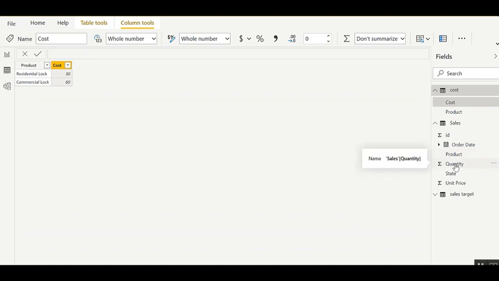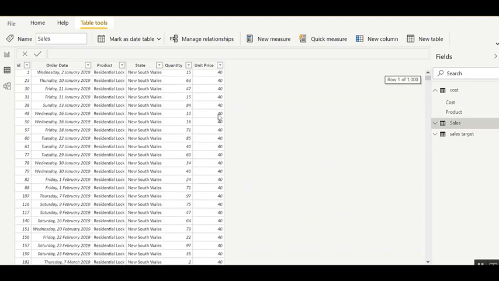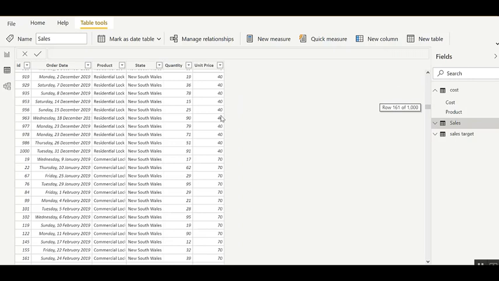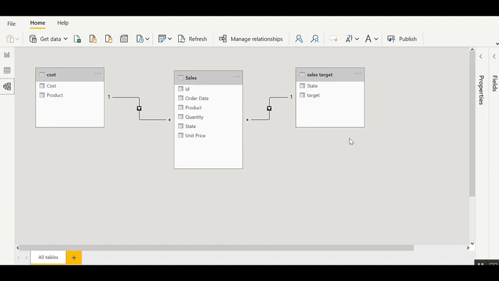Price might change, but usually cost doesn't change much. Then if we have it in a separate table, we don't need to repeat it again as a separate column and then repeat this one a number of times. Imagine that if you have a really large database, it takes lots of space. Then what we can do is have it in a separate table and then define that link, and whenever we want to just put them together, then we can do it using the tools that we have available here,